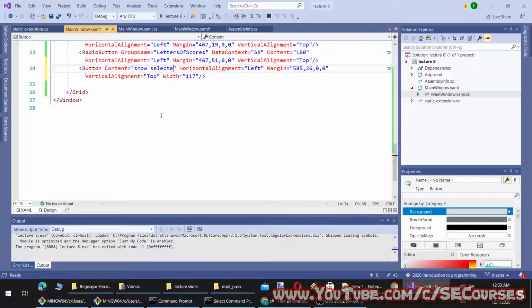Show selected button radio buttons, and on click.